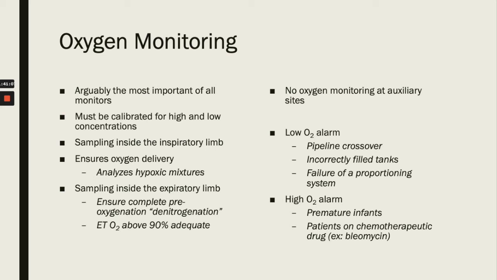And then we can connect it to the CO2 monitor sampling site if it's for a side stream. But beyond that, we can't monitor anything else. We can't monitor the oxygen concentration. So the low O2 alarm alerts us to pipeline crossover. So, for instance, if the nitrous is connected to the oxygen and vice versa, when we turn on our oxygen, it'll alert us that we have a mixture that's less than 25%, or our patients are getting less than 25% of oxygen. Or if we have incorrectly filled tanks, so like nitrous in an oxygen tank or vice versa, or